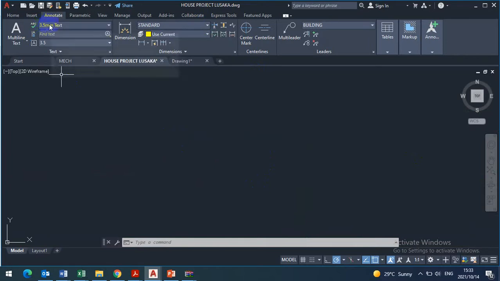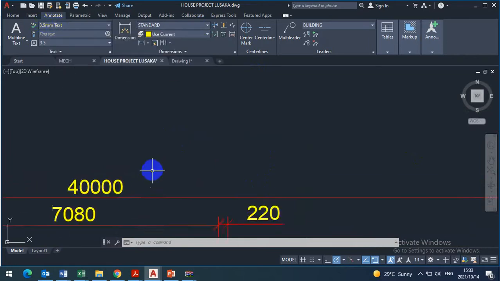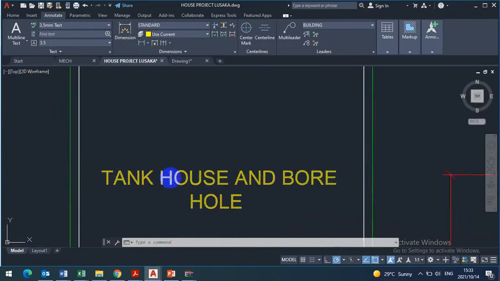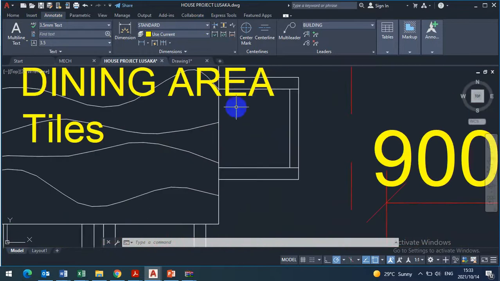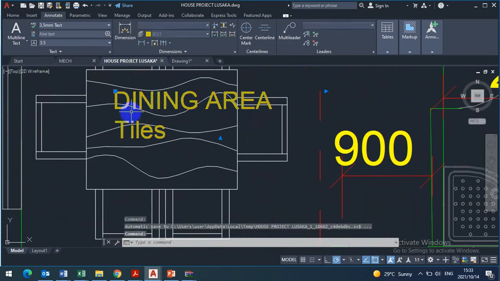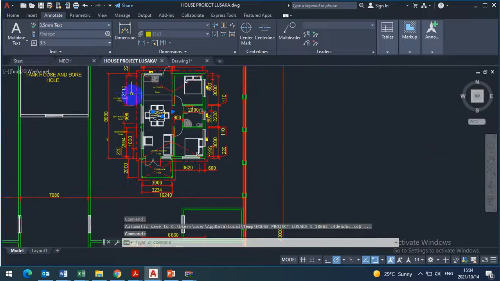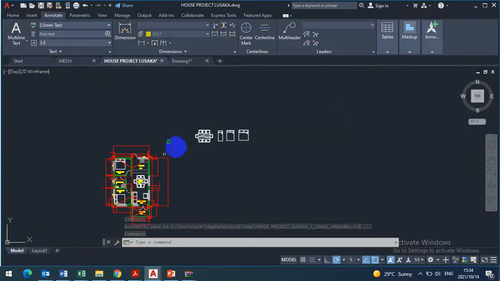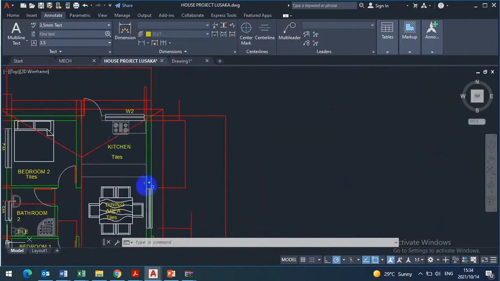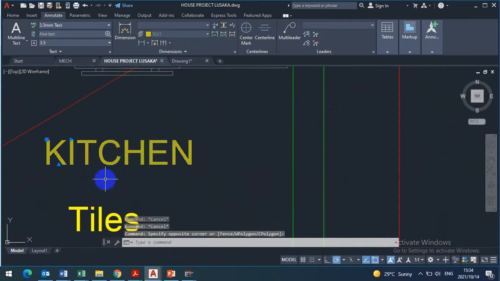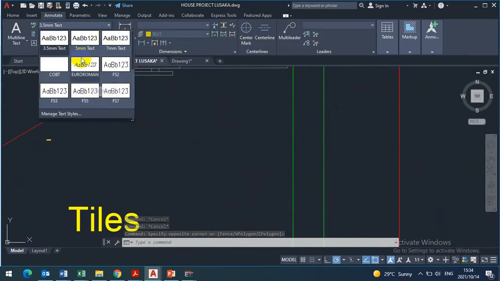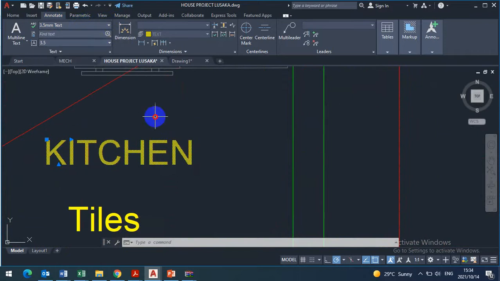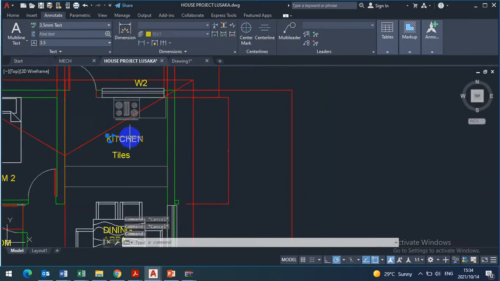The text height is already 3.5. Any text that you see here should be 3.5. You see, dining, there is 3.5. But for the title, where is the drawing with the title? I don't have. If you want to change this to be title, you select, then you can either change here to 5. You see, this is 3.5, not this one. This one, 3.5. Or you select the text, right click,